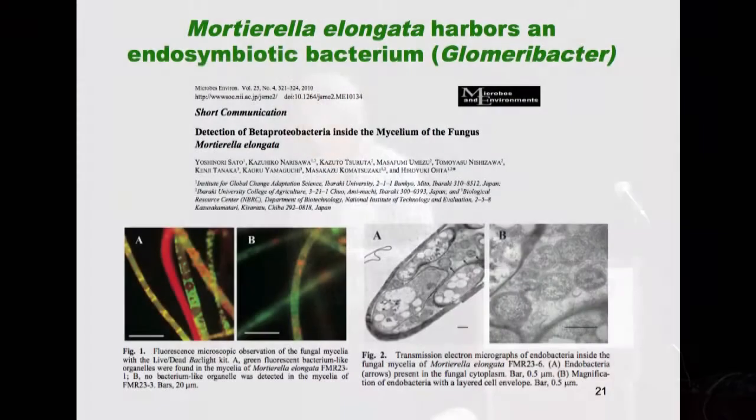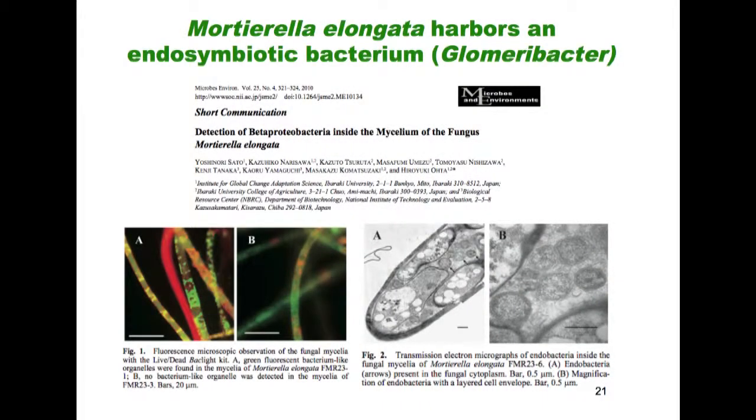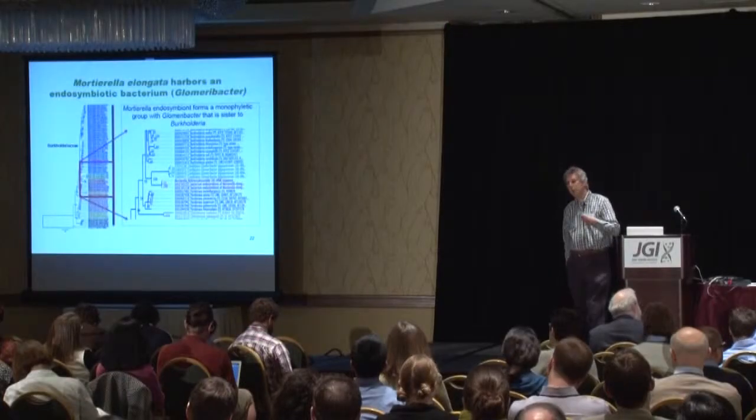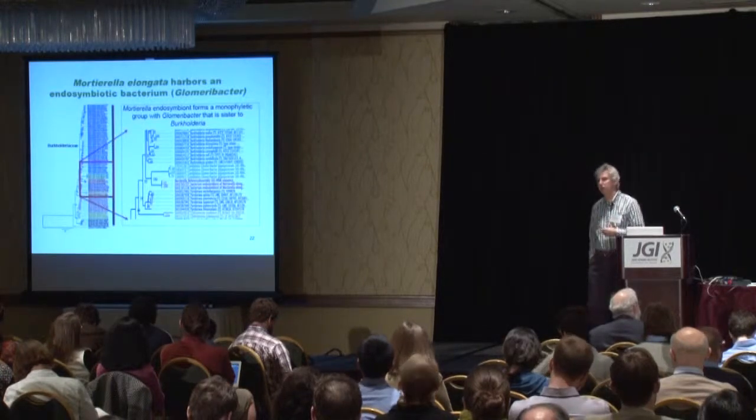So a little bit more about the endosymbiont, just briefly here. The industrial mycologists reported recently that there are endosymbionts in Mortierella, and these endosymbionts are known to affect the production of lipids by these fungi. So we characterized our endosymbiont, and we found that 16S sequencing puts it as a sister group to the genus Burkholderia, a very common plant-associated, fungal-associated bacterial group.